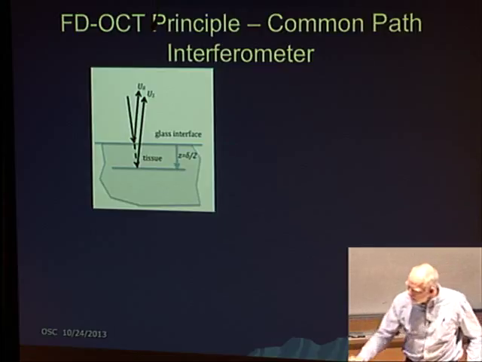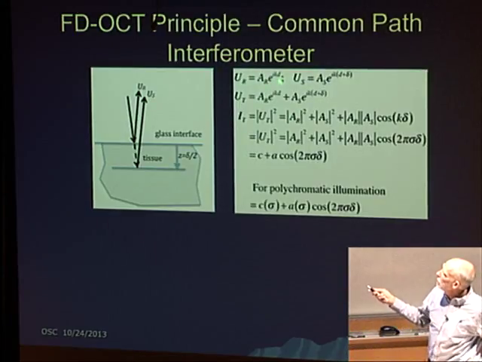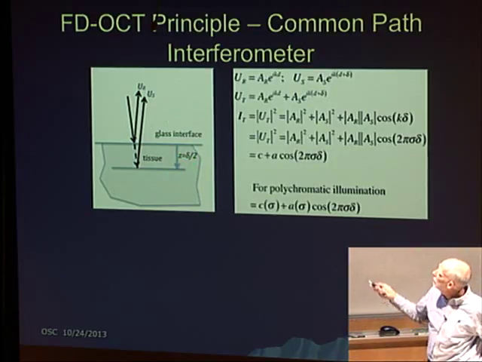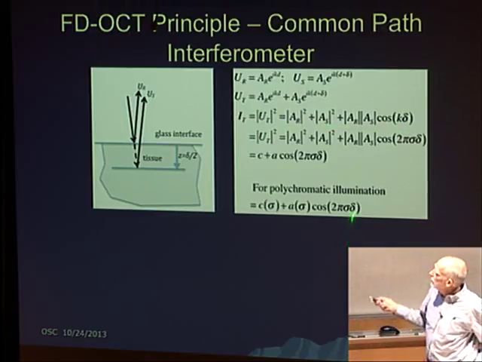So these two beams will interfere, just like any interference experiment. There's an amplitude and a phase associated with both the reference and the sample arm of this interferometer. One has a slightly increased path length. That delta is the OPD, which is twice the z distance. So OPD is 2z. And so you get a sample arm and a reference arm. You combine those into a system and take the intensity. What do you get out?